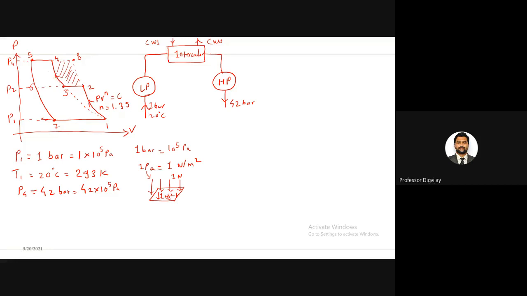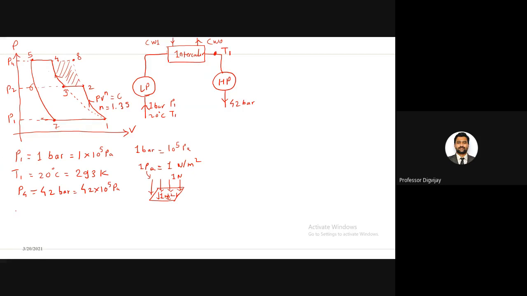So this is the case of perfect intercooling. That means whatever temperature here at the end of intercooler, let us say here the pressure and temperature are P1 and T1. So at the outlet of the intercooler, the temperature will be again T1. So this is the case of perfect intercooling. Perfect intercooling means the work required will be very minimum. When we do perfect intercooling, in that case the minimum work is required to drive the compressor.